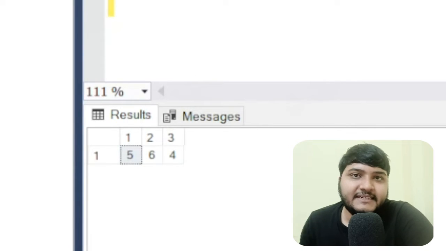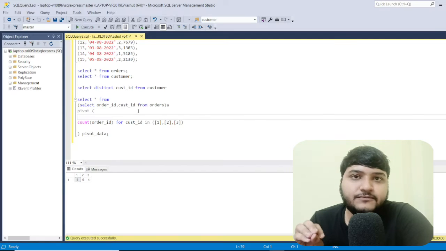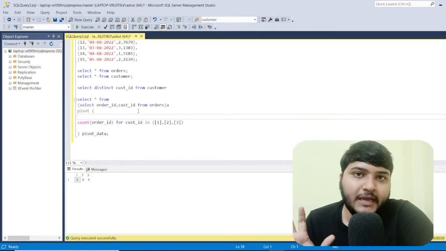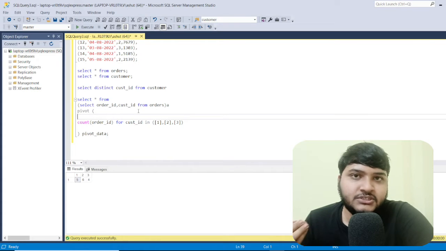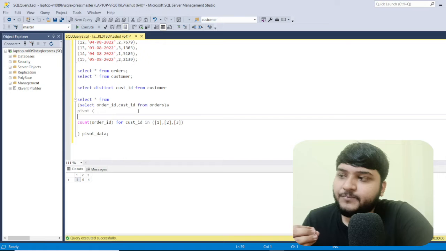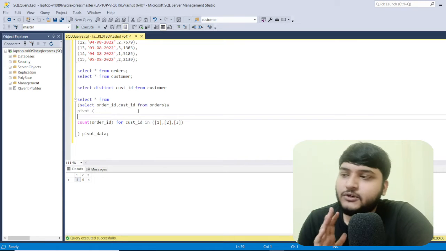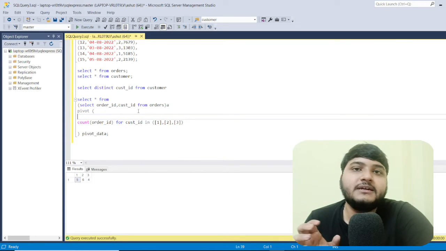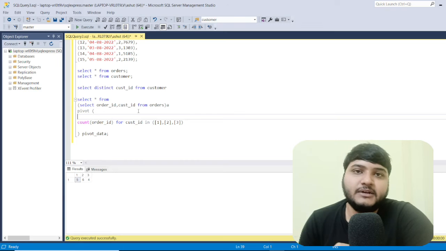So you can just see the syntax is very much simple. It is very much simple to implement. You first of all need to mention the metric which you want to calculate. So I just wanted to calculate the total number of orders which were purchased. So against what you want to calculate? Against each customer I want to calculate. So after this metric, count of order ID, I need to mention for customer ID, against the customer ID I